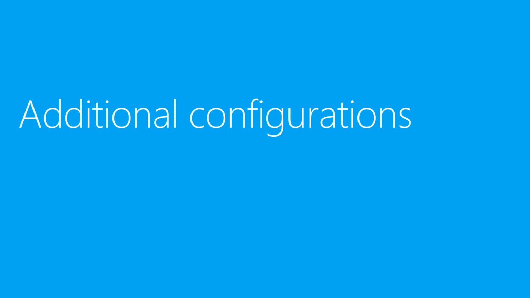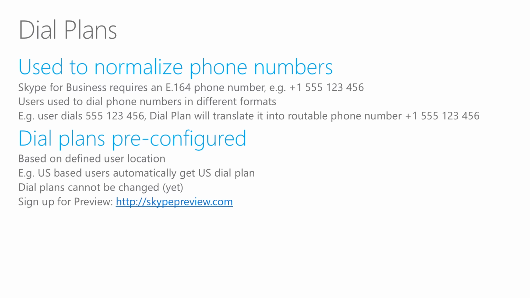Let's take a look at some additional configurations. Let's start with taking a look at dial plans. Dial plans are used to normalize phone numbers. So for example, a user in the US doesn't want to dial the +1 country code for the US. They're just dialing